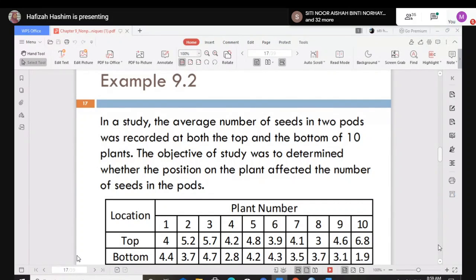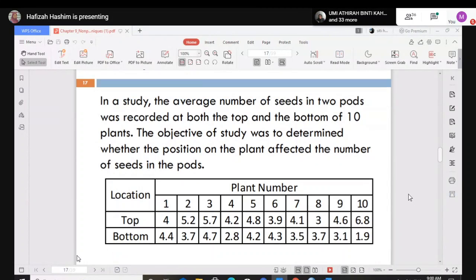You locate it at the top or the bottom places, and the objective of the study was to determine whether the position on the plant affected the number of seeds in the pots. Now, this one is dependent, from the same sample, plant 1 until plant 10. So you have two observations here, at the top and the bottom location.